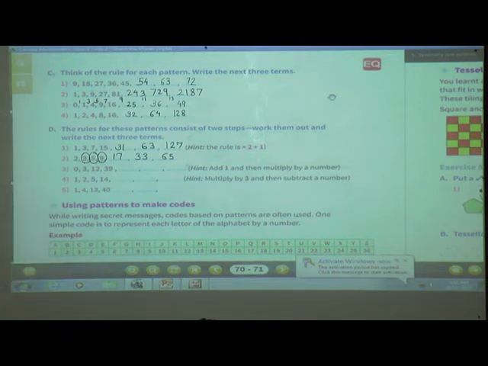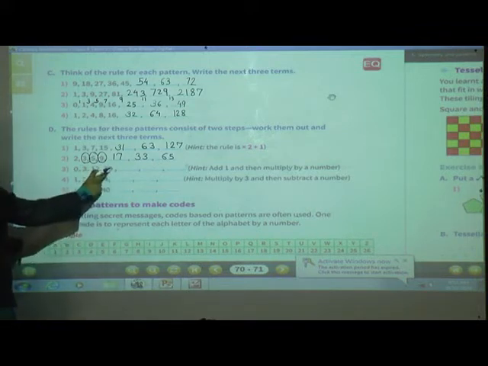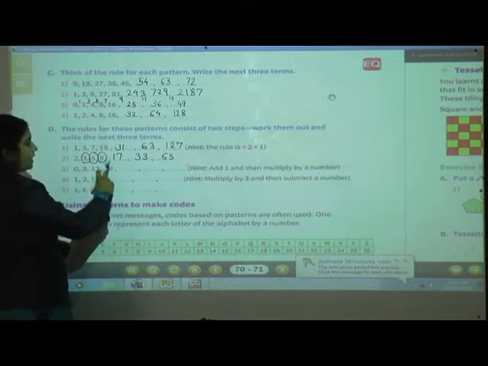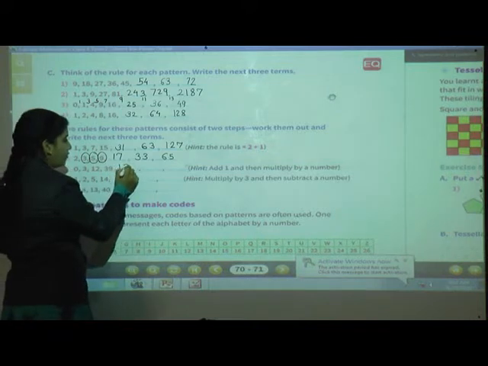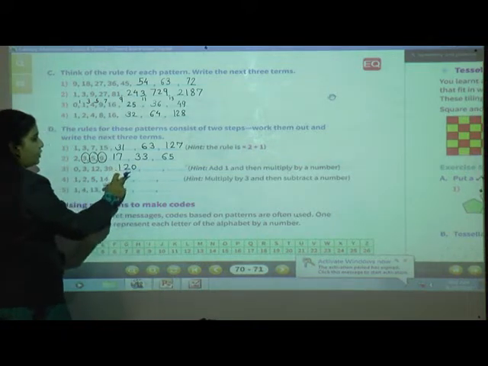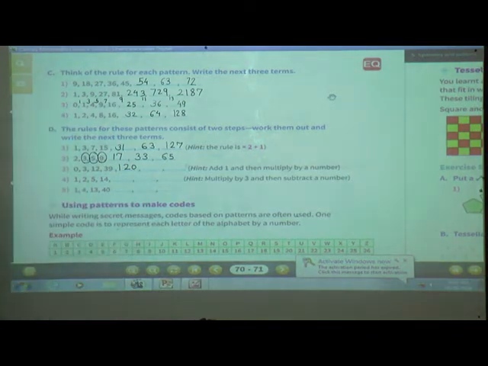13 multiply by 3. Here students, tell me the answer. 13 multiply by 3 will get 39. And here 39 plus 1, 40. And 40 multiply by 3, 120. Again 120, add 1, 121. And just multiply it by 3. Here students, we will get